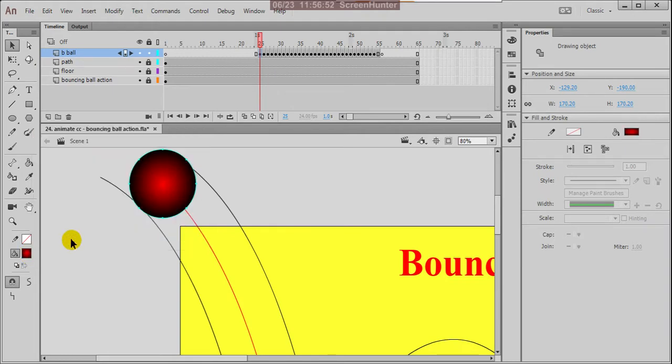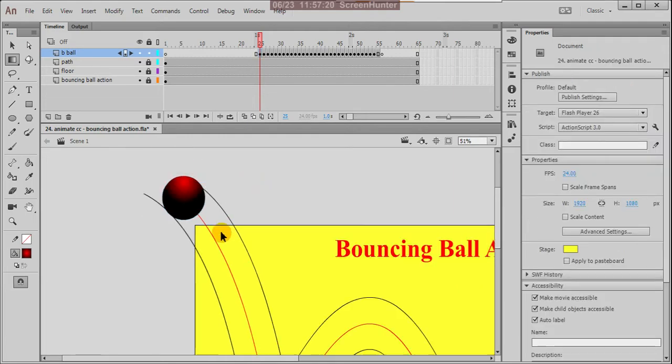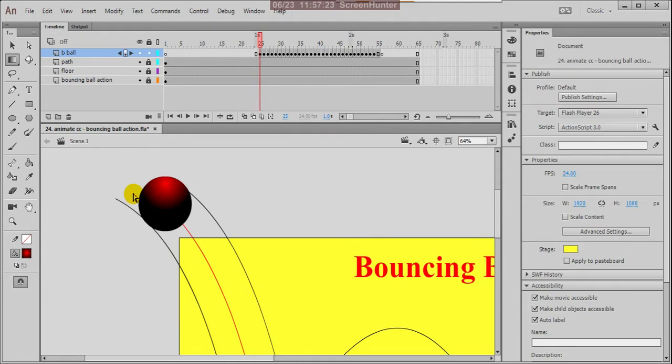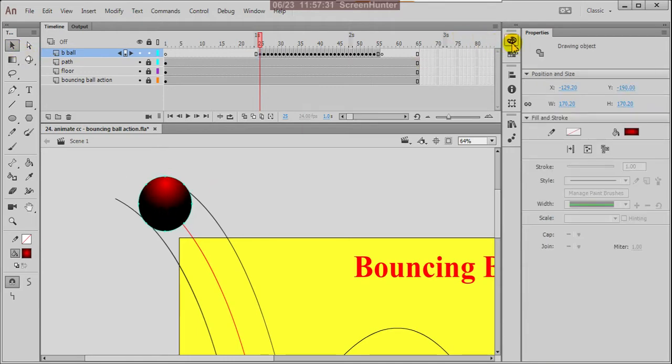Suppose here I'm giving this color, okay, and with this gradient transform tool, can move up here, or otherwise we create our own color.